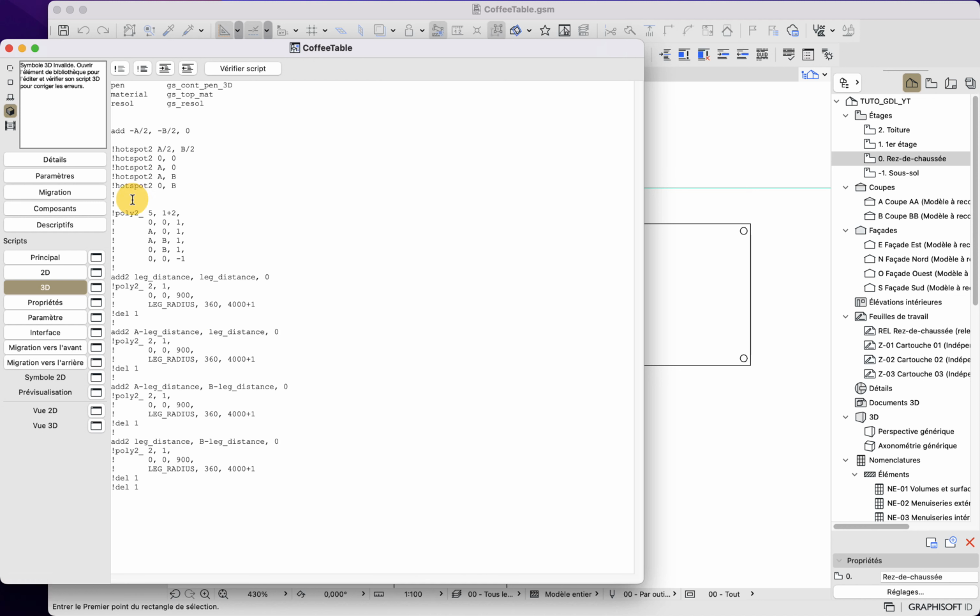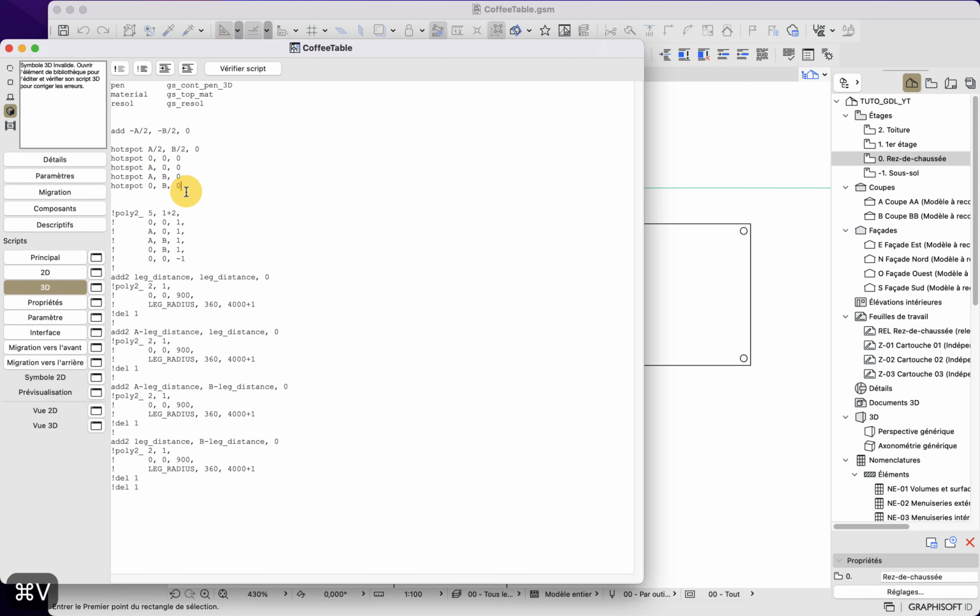Then we'll do the same with hotspots. Hotspots here are for the 2D. We simply need to delete the 2. We now have the hotspot command, which needs another argument, which is the Z value as well. Here, here, and here.